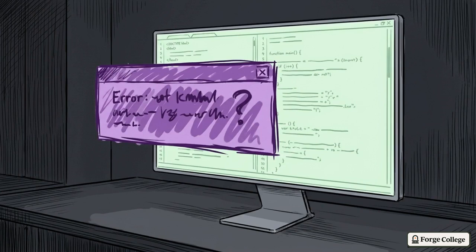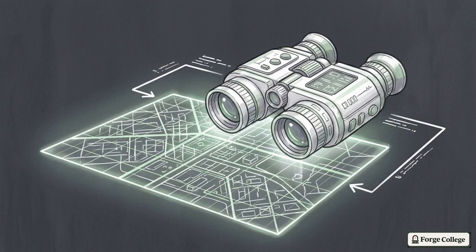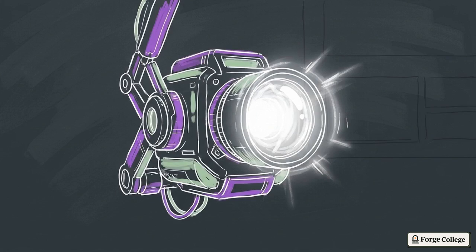In the hands-on programs at Forge College, developers learn that you can't just guess where these bugs are hiding. You have to set up a digital stakeout to see exactly what changed. To do that, we use a tool that acts like a specialized camera. It lets us take an exact, high-resolution snapshot of the warehouse state, every single bin, at one specific moment in